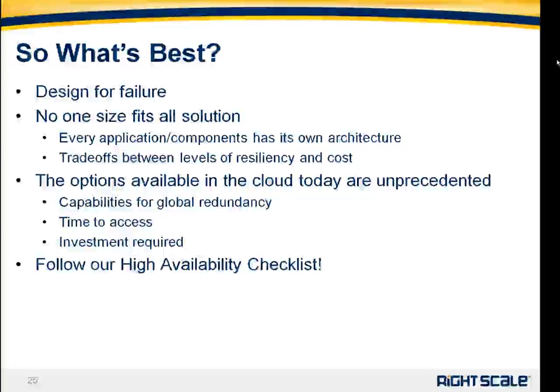You have the capability, if you stop and think about it, of launching resources almost anywhere in the world. Even within Amazon alone, we're talking about, I think, 5 different regions. Within 5 or 10 minutes, you can have resources running. You can have them running at very low cost on a warm basis or a hot basis, as was just mentioned. The time to access and put those resources into play is extremely quick. We're not talking about faxing in an order to a colo provider and buying some hardware and standing it up. You're talking about launching cloud resources through automated APIs.